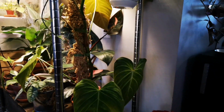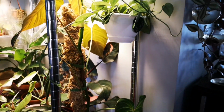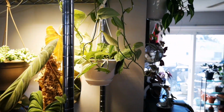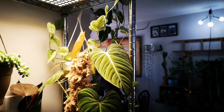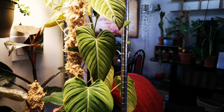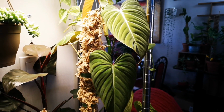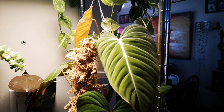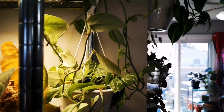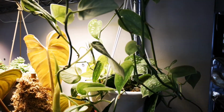There's the leaves on the other side. So pretty. And there she is. That is probably one of my favorite plants. I think mainly because it just grows so fast. It's a very rewarding plant to grow. So that is her. On the outside here, if I come around here, you can see my little Scindapsus pictus